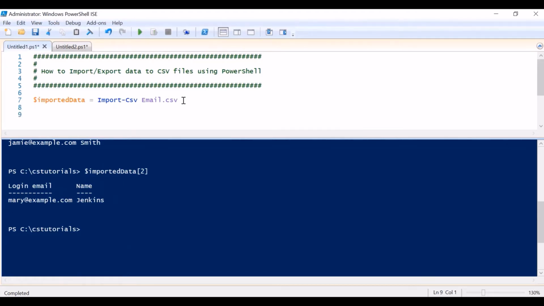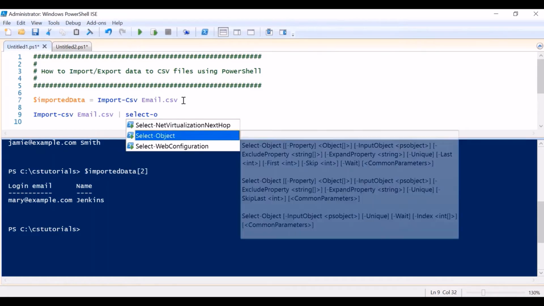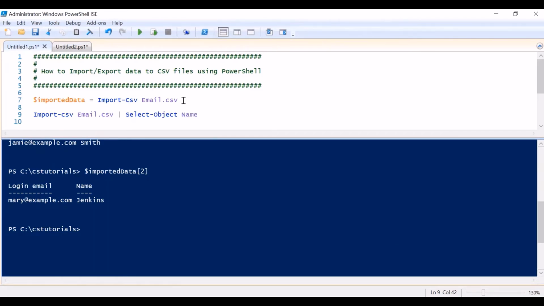Suppose your CSV file has a lot of data with a number of columns, like hundreds of columns, and you need only 2 or 3 of them for your purpose. For that, you can filter out data by just piping the output of Import-Csv to Select-Object, and passing the header names which you want to import.